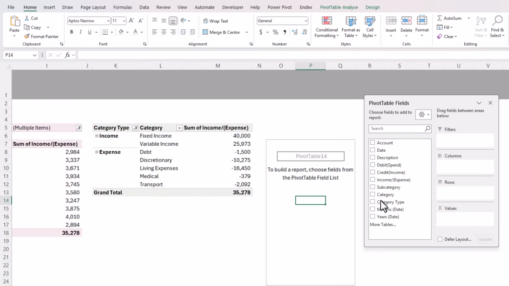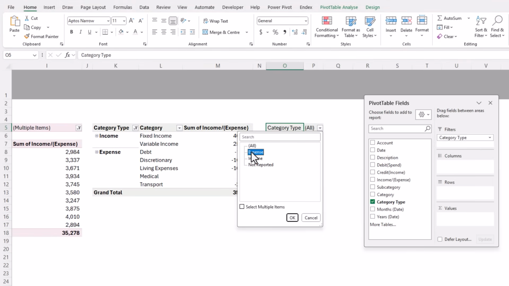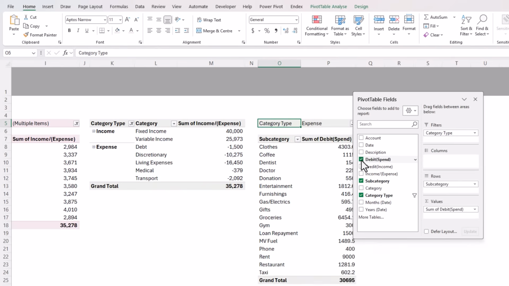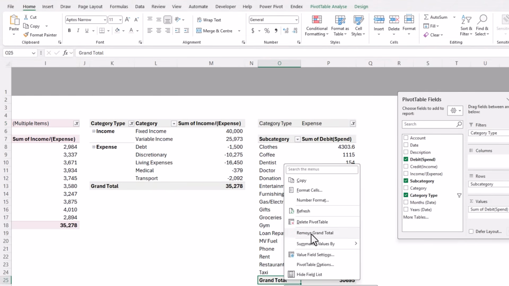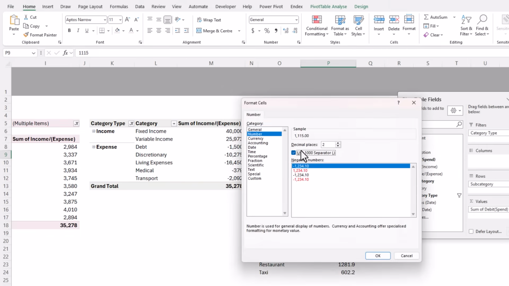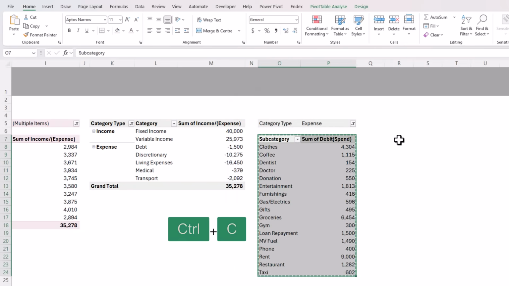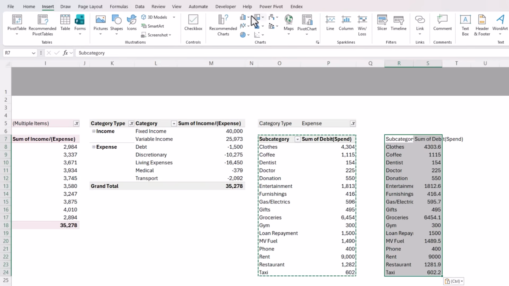This is the pivot table for our tree map, so we need the category type in the filters, and here we only want to see our expenses, and then I want the subcategory in the rows, and the debit spend in my values area. I don't need the grand total, so let's remove that. Let's format the numbers so they're comma separated and no decimal places. Now this is another chart that doesn't take pivot tables as their source data. So I'm going to copy the data that I need for the chart, Control-Shift-V to paste it in, insert, and